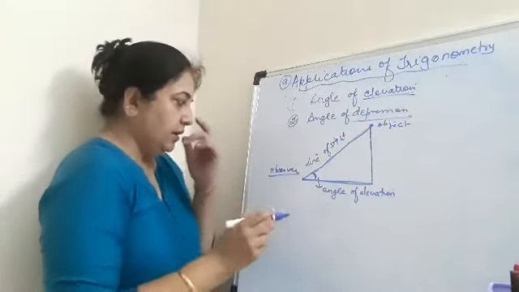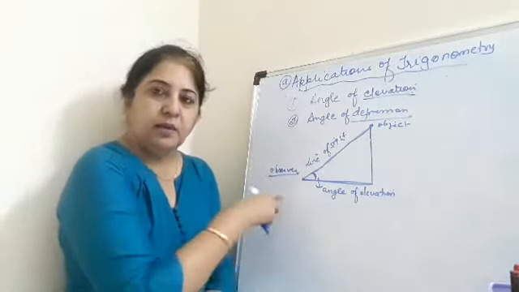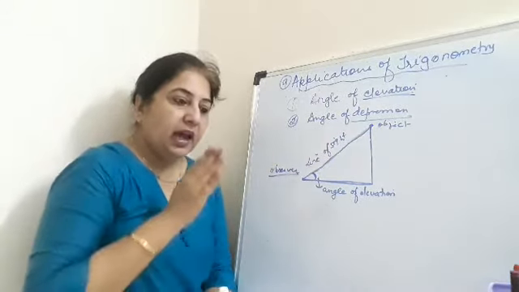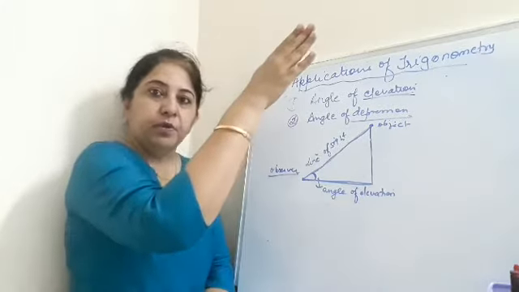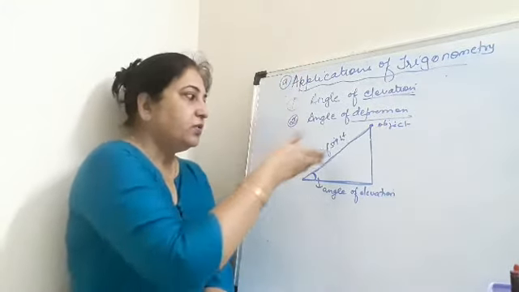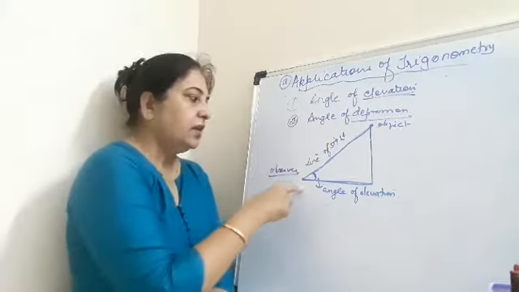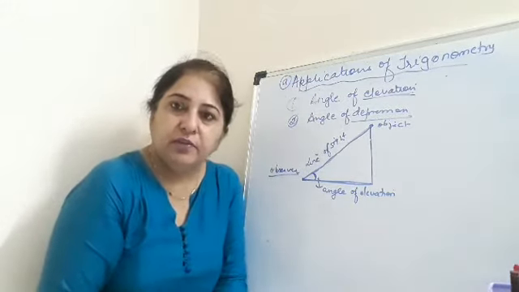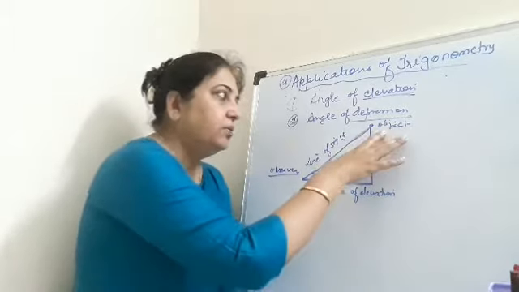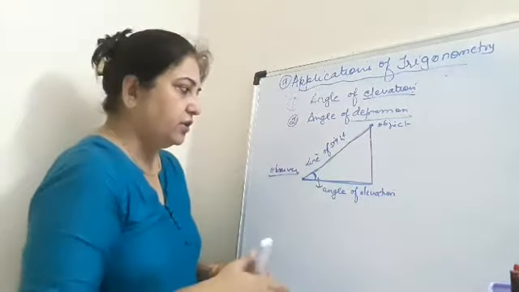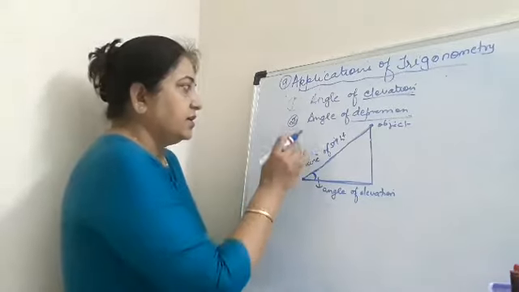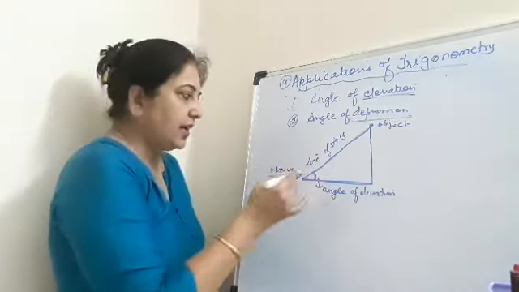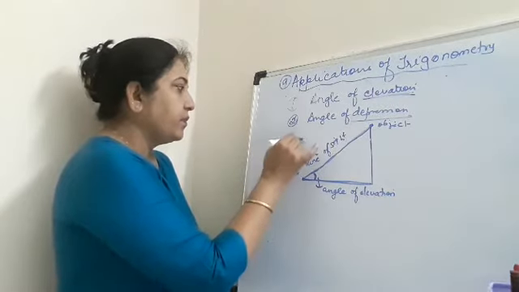So again, the observer is on the ground. Suppose I am standing here and I want to see this object which is at a height. So my line of sight will go up, right? My eyes will go up. This will be the line of sight. The angle which is formed with my eyes to that object will be the angle of elevation, right? And this is the object, or the object can be anything, whatever we are trying to see. This is condition 1, and this is the angle of elevation. Now in the second case, this is case 1.